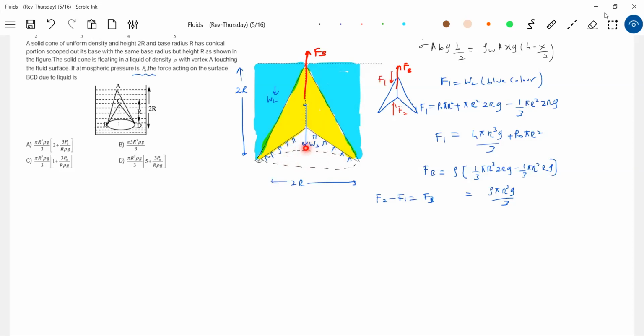Say some liquid is present here. If you want, I'll show it, because I wanted to show that this cone is removed. In a cone of height 2r and radius r, a cone of height r is removed. Able to make it out? Then what is the force exerted by the liquid at this point? The weight of the solid will act. Then the liquid present here will exert a force, and the liquid present here will exert a force. The resultant of these two will be the buoyant force. So what is the question asked? We have to calculate this force.